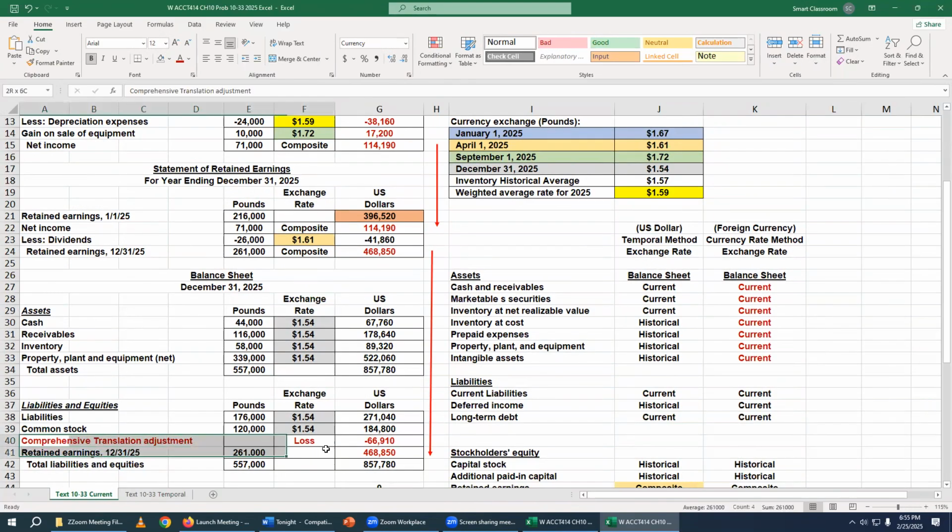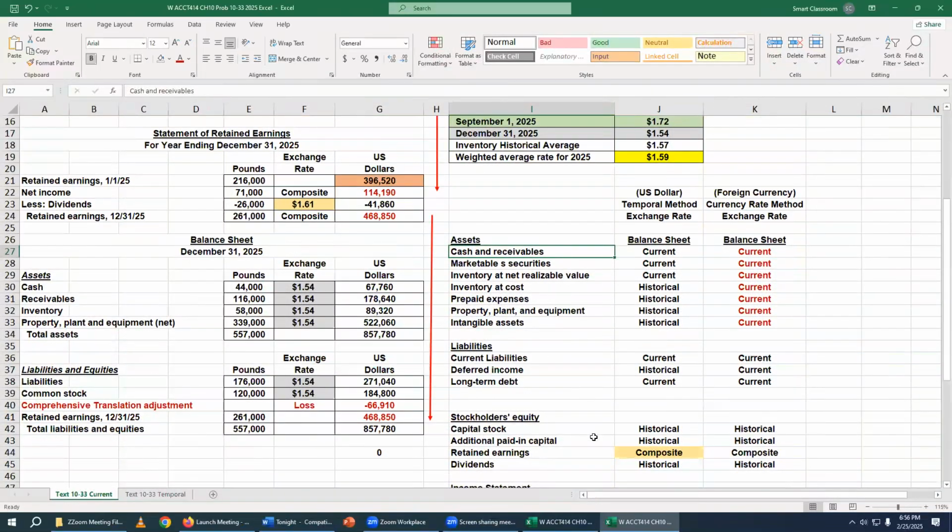This comprehensive gain and loss, for a long time the United States was the only one that did it. And I was like, oh, I can't wait till they combine to get rid of that thing. When they combined, they started having the international standards try to combine with the US standards, instead of the US getting rid of it, the international standards adopted it. Now the international standards people say, I hate that thing, it's confusing. People don't know what it is. Is it income? Is it not income? The only people that know the difference are accountants. But anyway,